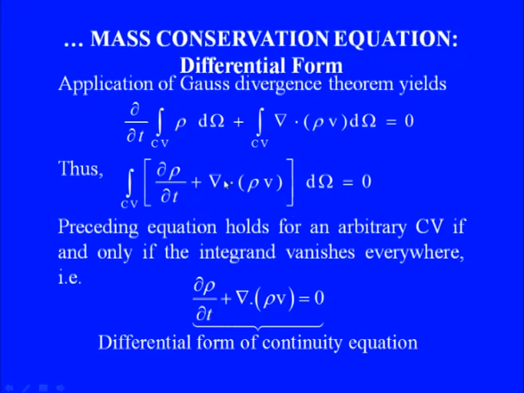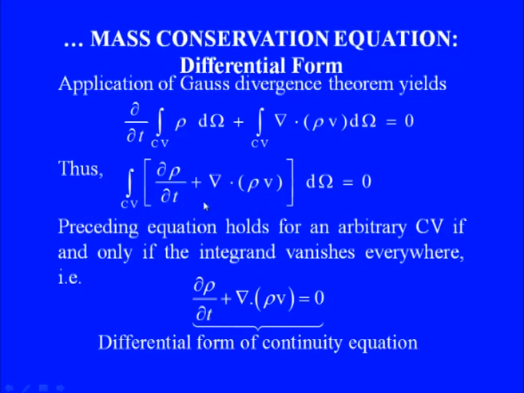Integrate this function over the control volume Cv, and this is equal to 0. Now please remember, our choice of the control volume was arbitrary, and this integral equation will hold good for an arbitrary control volume if and only if that integrand function, that is the term in this square bracket, is